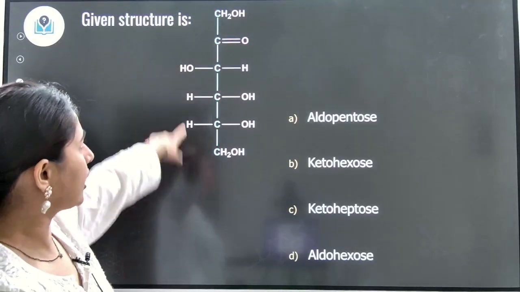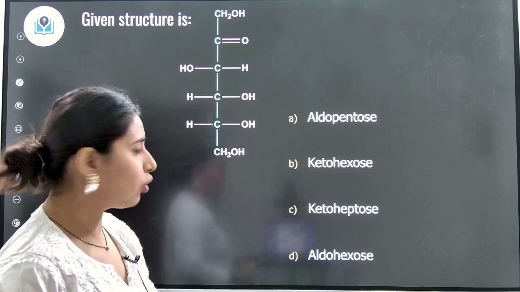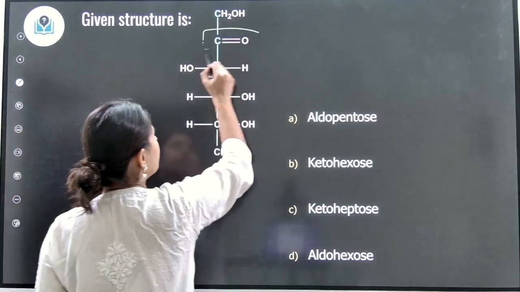Next. Okay, look at the structure. You have to tell me whether it is aldopentose, ketohexose, ketoheptose, or aldohexose. Absolutely right. So you can see that there's a ketonic group. The moment you